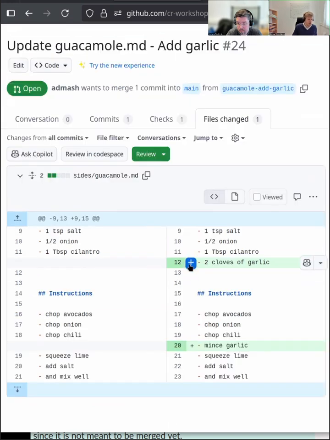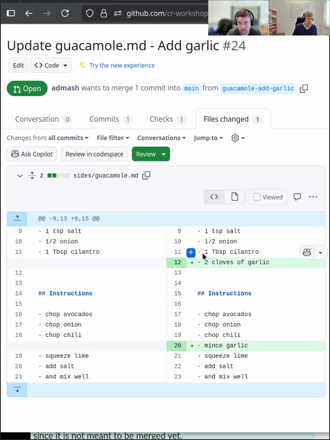In this case, there are only 2 lines which are added. So if this pull request would delete some lines or rename them, then they would also appear as red. So you've probably already seen it if you have reviewed some other pull requests, otherwise you will probably see it later. So if Andrew would have said, okay, I don't want any onions in my recipe, then this would have been shown as missing now in this